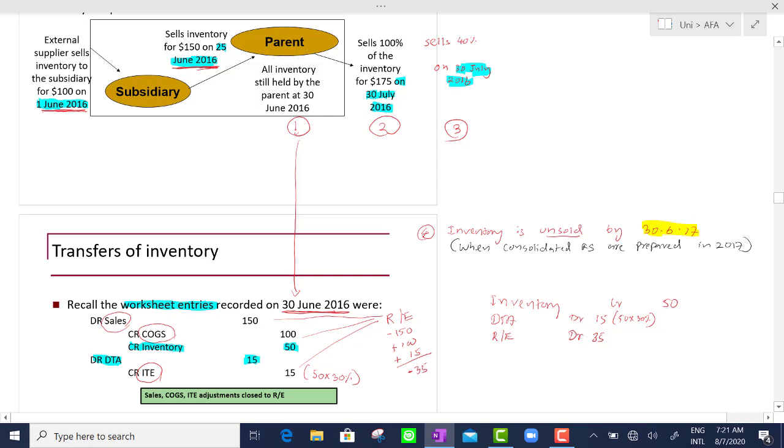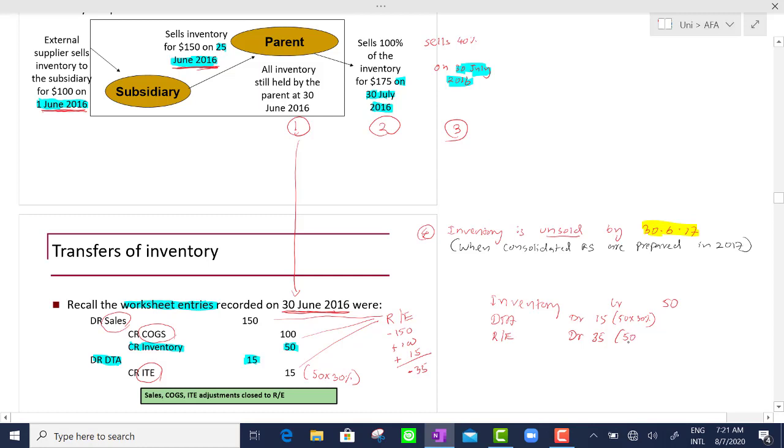Now inventory has been overstated by 50, therefore the profit has been overstated by 50, but when we take the net of tax, again